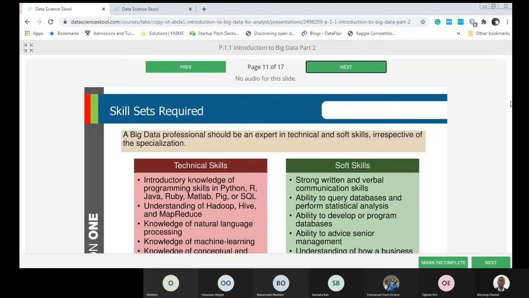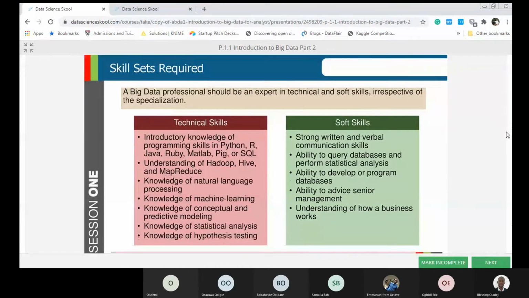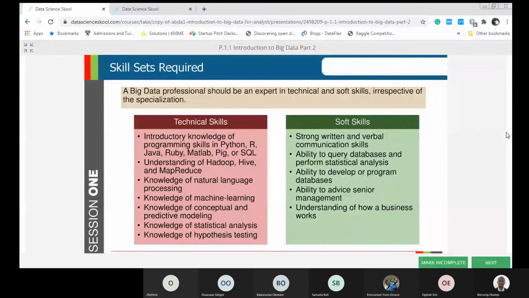Okay. So what are the skills that are required? Soft skills are required, technical skills are required. For the technical skills, you need to have some programming skill. It does not necessarily need to be R. You just need to be able to understand programming. And the way I say to people is that,